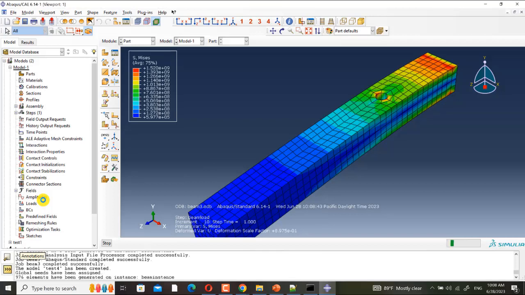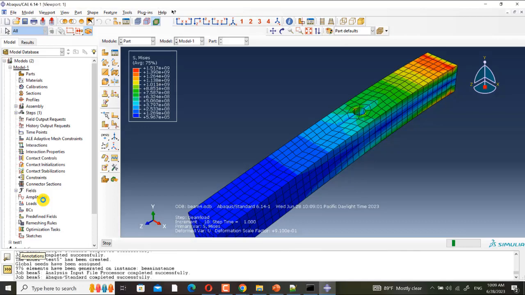For example, suppose that you must create and run 100 models and only 2 or 3 factors are different in the models. So you can write its script and then run it and then go out. For example, go on a trip. And then when you go back, all of the models are created, all of the simulations are done. It's very interesting. This is the power of Python scripting.